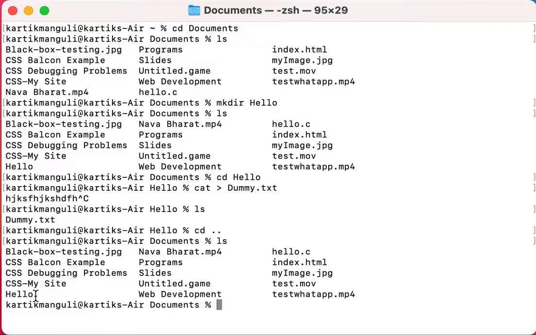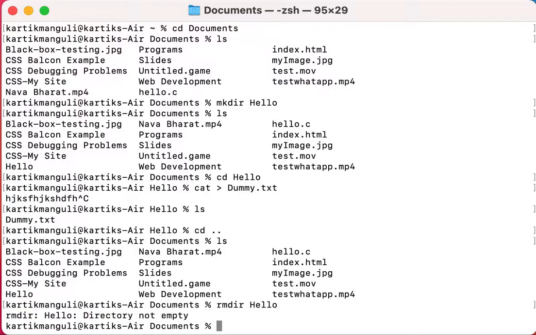What I want to do is delete this directory. So what can I do to remove the directory? I can use rmdir hello. What it is showing is: you cannot remove the directory hello because the directory is not empty.